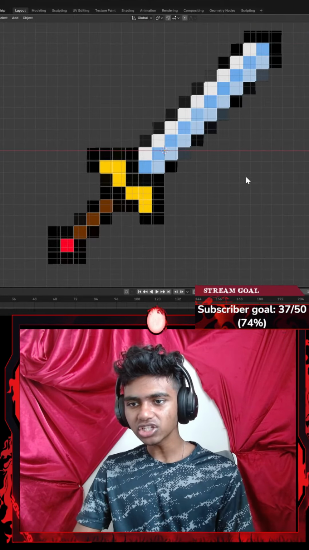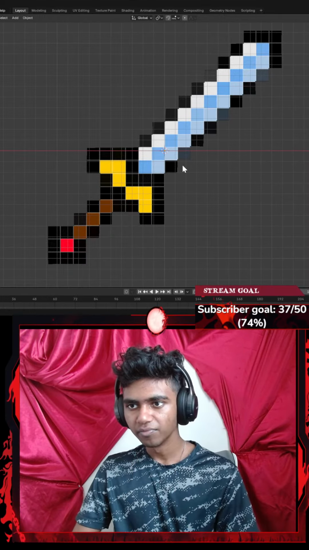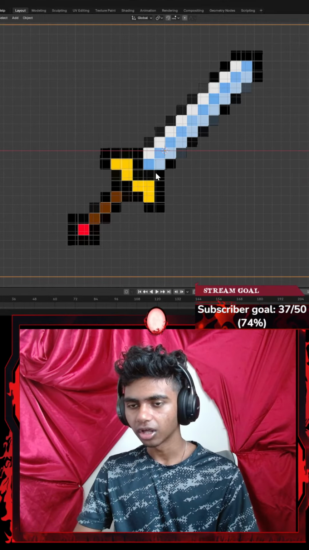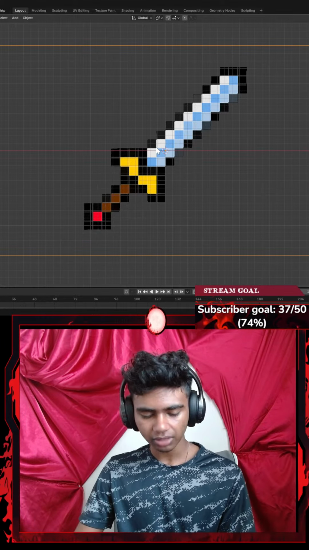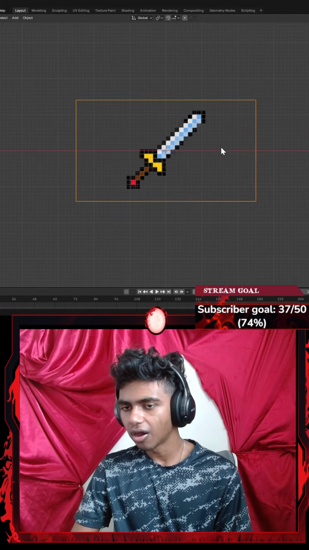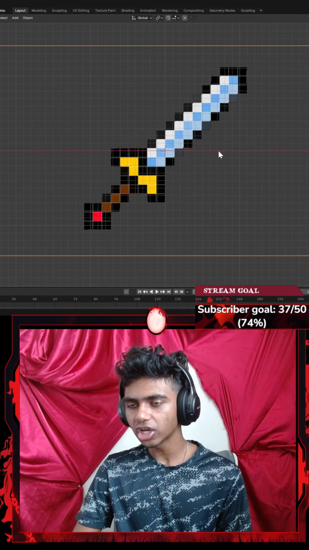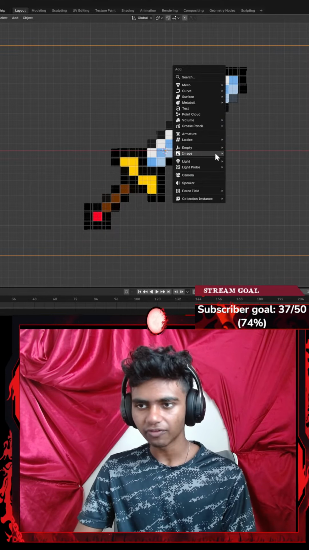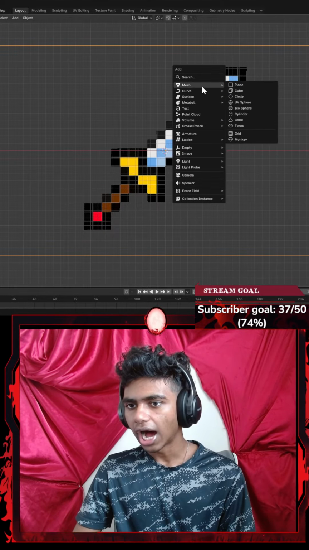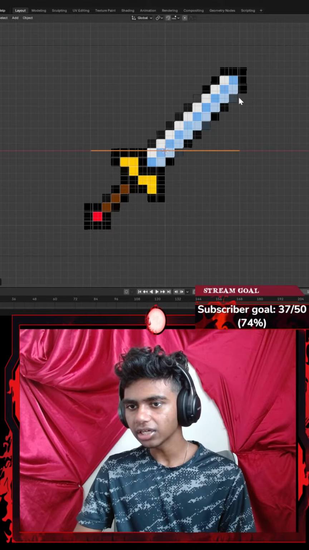Okay, that said, is a sword pretty beginner friendly? Okay, it is a pixel sword. I do have a shield as well. Is there something better? I mean, I could try modeling this. Should I go with a plane? If I go with Shift A, I have a cube and I have a plane. I think I'll go with a plane.